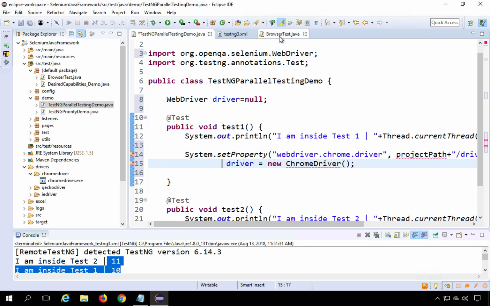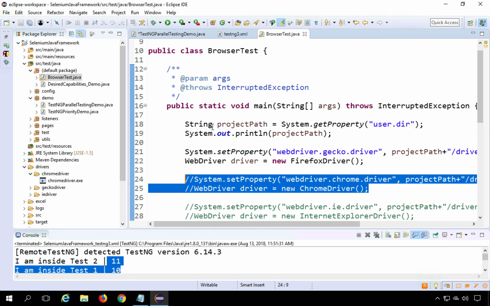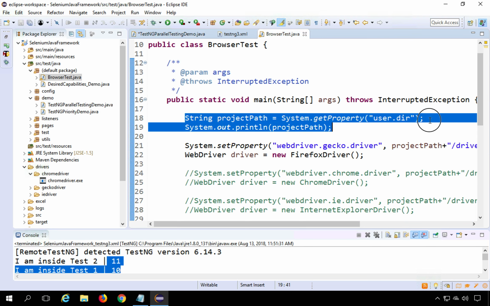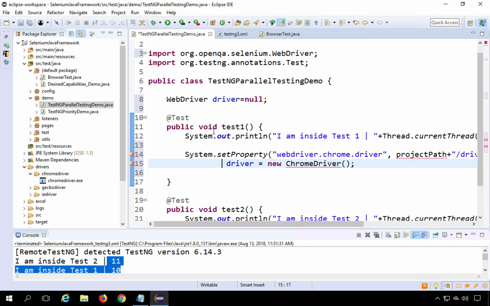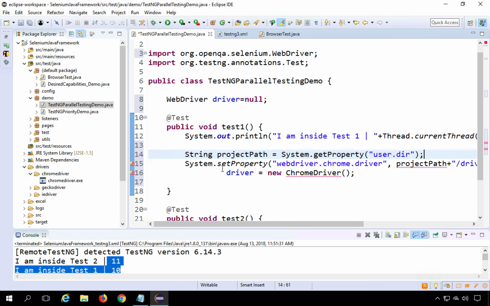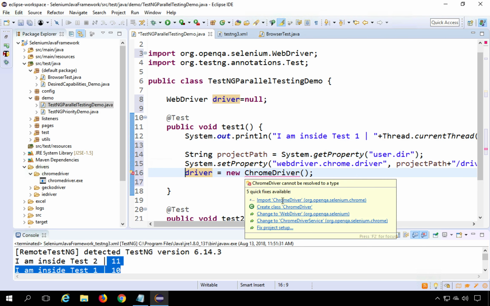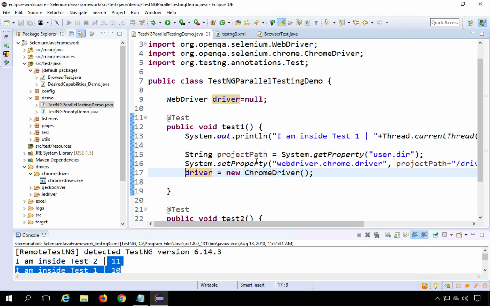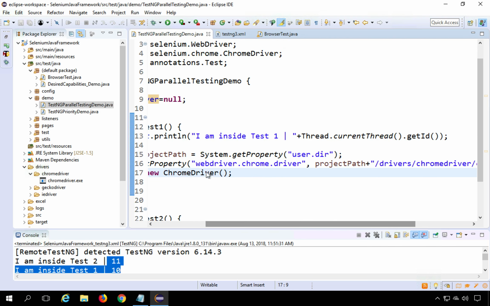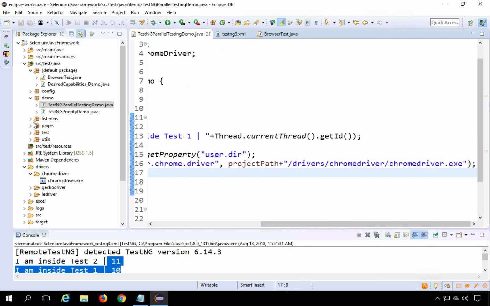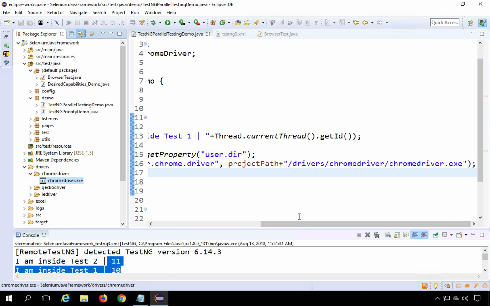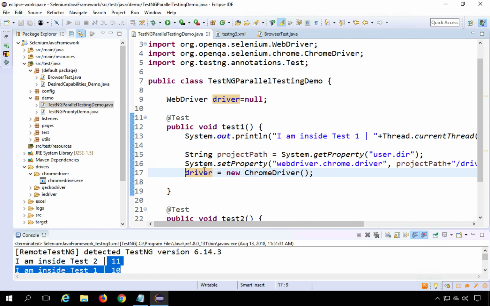And I will just explain what I am doing. Of course, if you have seen the earlier sessions, you know already what I am doing, but let me explain very quickly. Let me also import the Chrome driver. Here I am setting the property webdriver.chrome.driver to the location where my ChromeDriver.exe is. I'm setting that path, and then I'm initializing driver to new ChromeDriver, so it will open a Chrome browser, and then I am saying